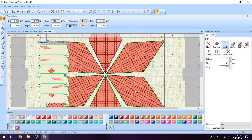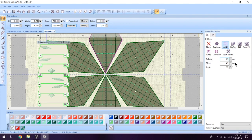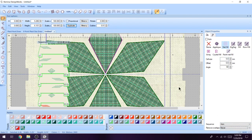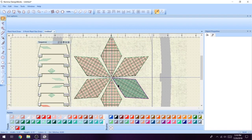I'm going to select duplicate again, and now I'm going to make it green. So I'm going to click in the lower right hand corner to make it a green fill, and the upper left hand corner of the same color chip to put a green outline around it. For my cell size for the green, I want it to be 5 millimeters. I'm going to press enter, and I'm not even going to look and see if it's done it. I'm just going to change my remove overlaps to never, and I'm going to click off, and I have my 6-point sewn plaid star,